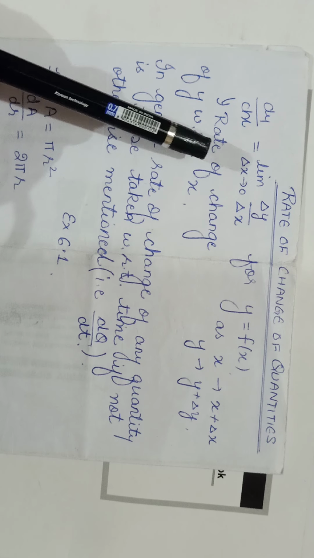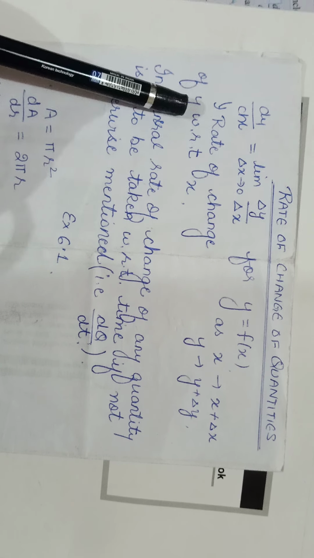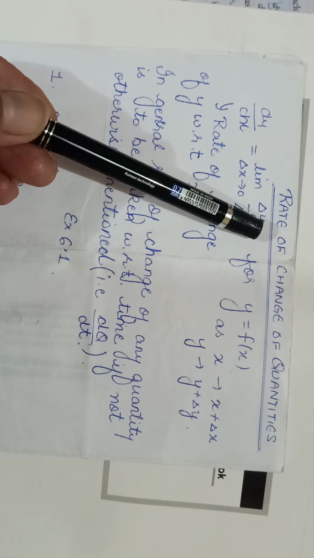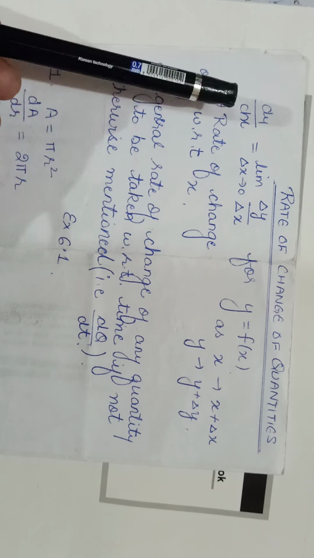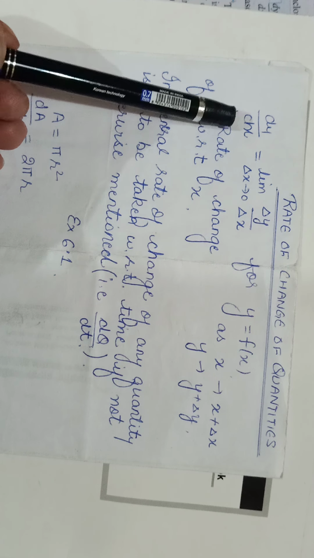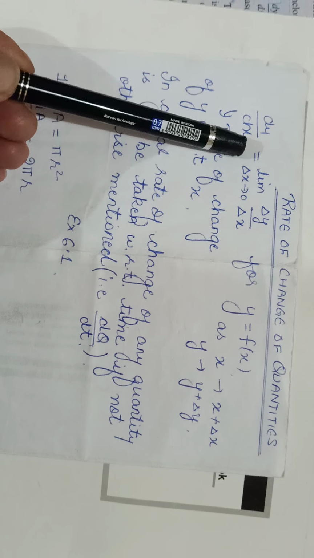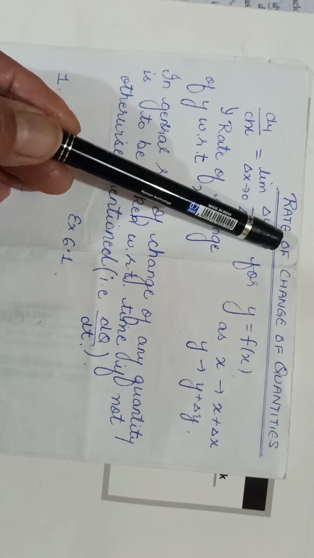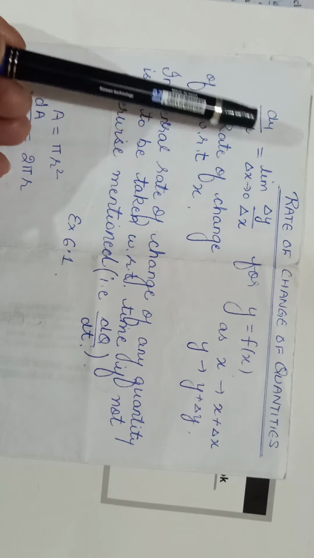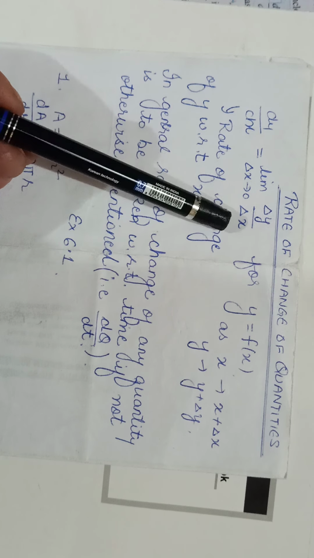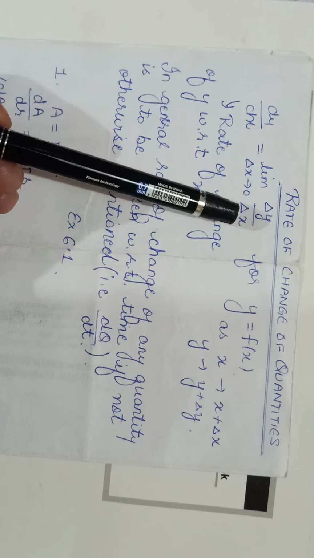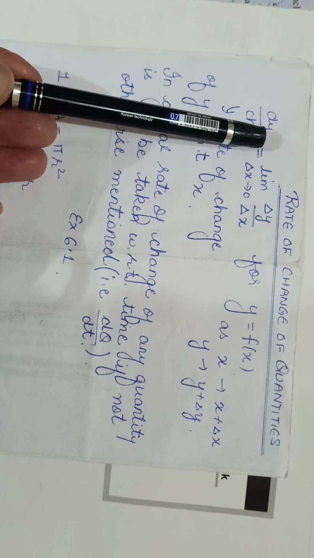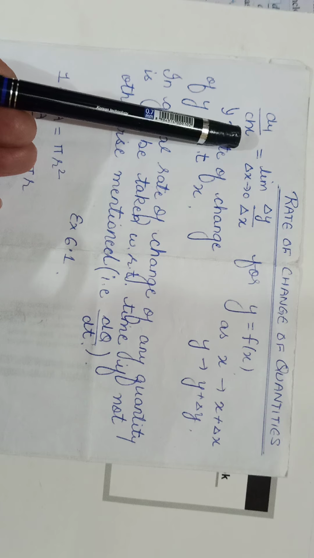As written out here, rate of change of y with respect to x means if x changes by this bit, then y is going to change by this much. So we know that this dy by dx, or differential coefficient, corresponds approximately to delta y by delta x. Therefore we say that dy by dx gives us rate of change of one variable with respect to the other. It means how this variable would change if there is a small change in the other.